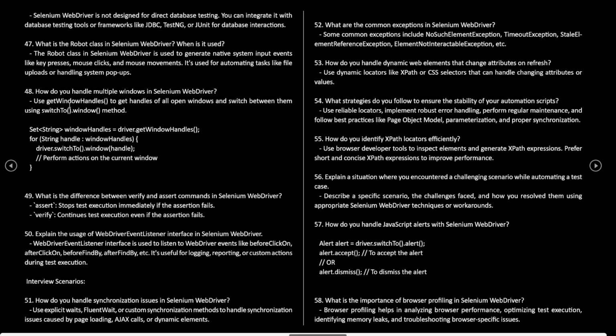How do you handle multiple windows in Selenium WebDriver? Use getWindowHandles to get handles of all open windows and switch between them using the switchTo().window method. Set<String> windowHandles = driver.getWindowHandles(); for (String handle : windowHandles) { driver.switchTo().window(handle); // perform actions on the current window }